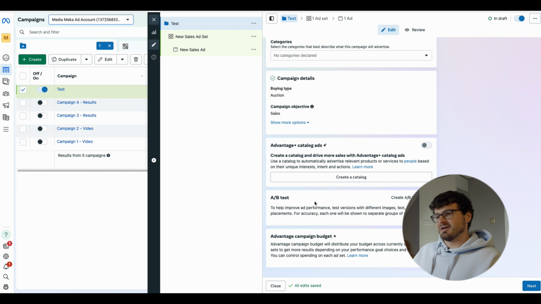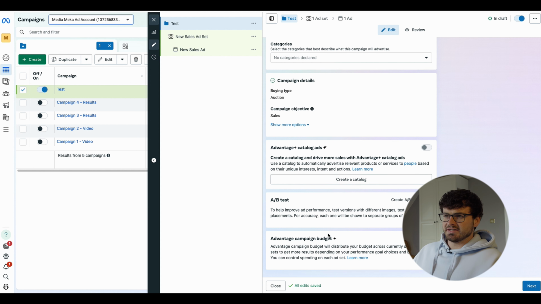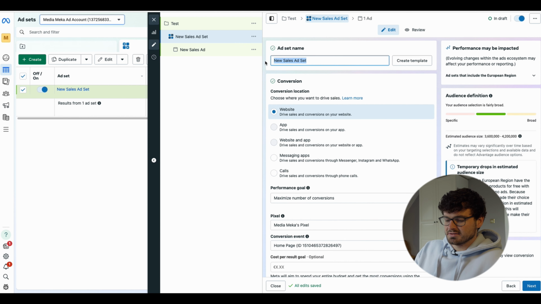I just think it's cleaner and easier to track because you know exactly how much is being spent and all that. And then the Advantage campaign budget, I just generally leave that off as well. So I leave all these off unless you have a catalog and you want to do that. But if you go on to the next step then, you can name this test ad set,